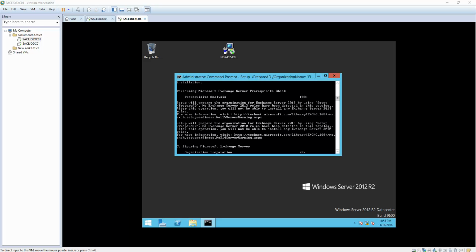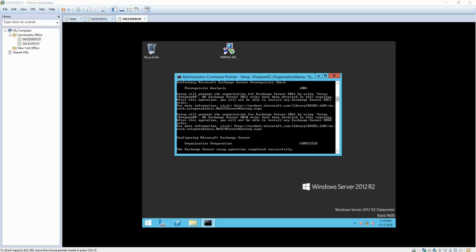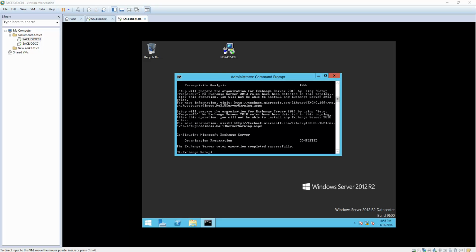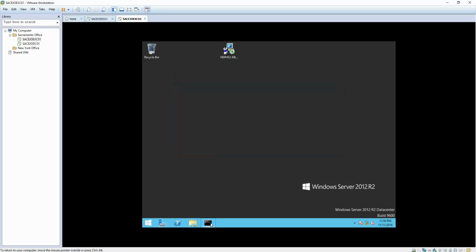They work together: when you run Exchange and the installation is done, all the Exchange information is stored in your Active Directory domain. And then the organization preparation is completed. Now it's time to go ahead and run